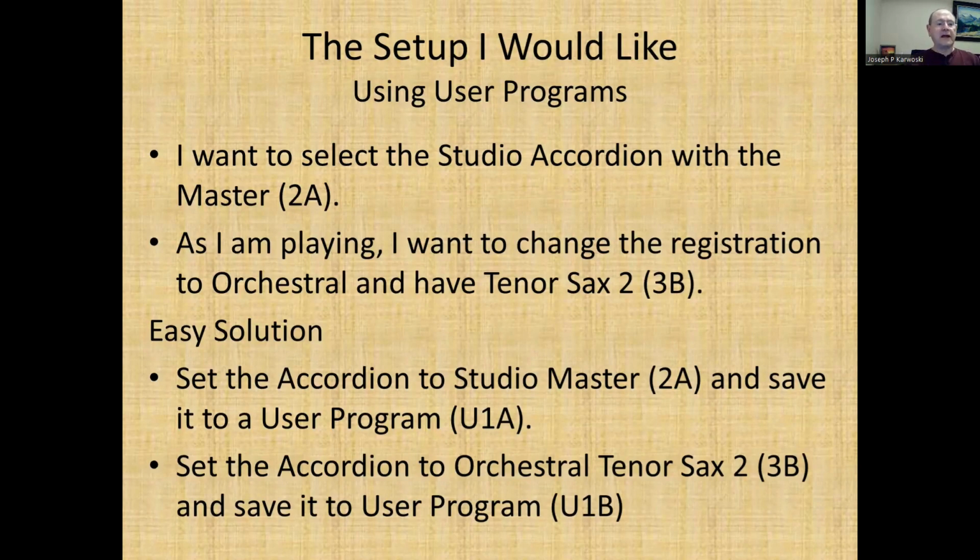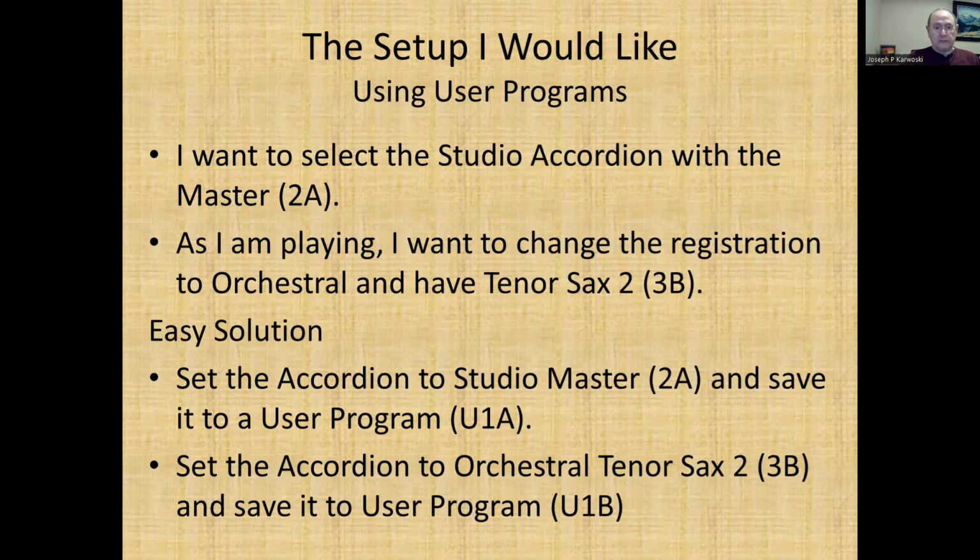Then once that's saved, I go back into the accordion and I set the accordion to orchestral mode. I select the tenor sax, which is 3B, and I keep everything else however I wanted it. And now I save that to User Program 1B. So now to switch between,